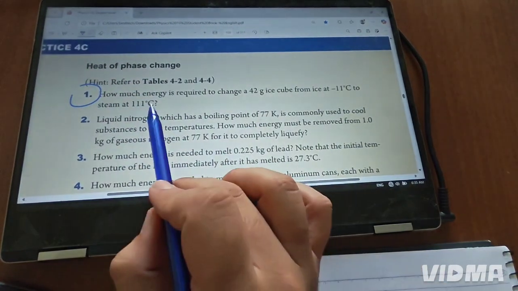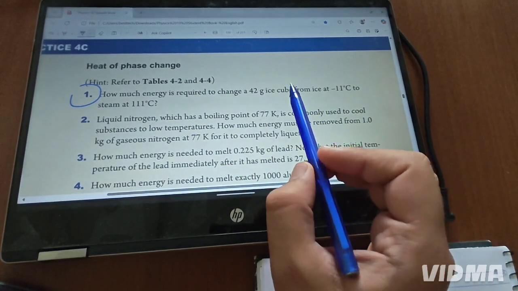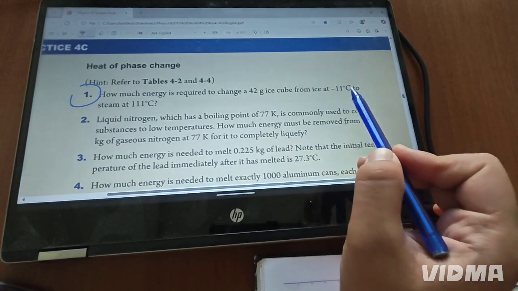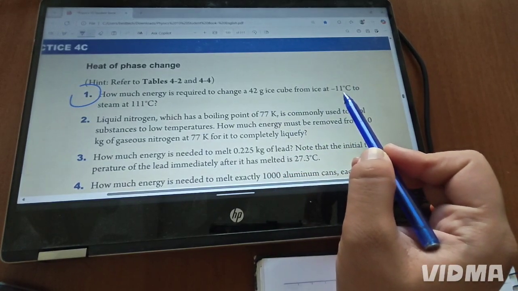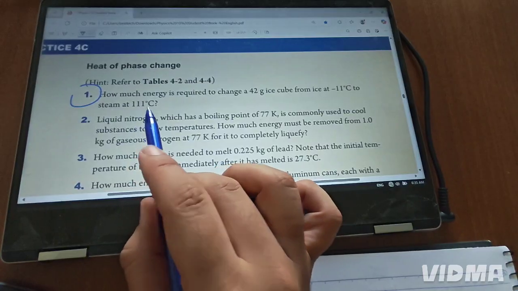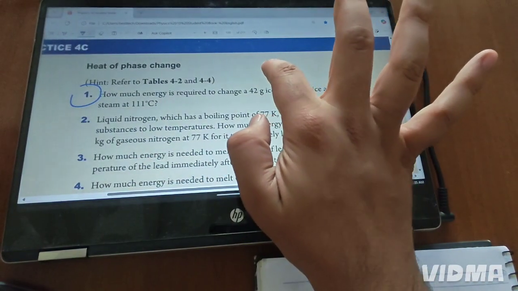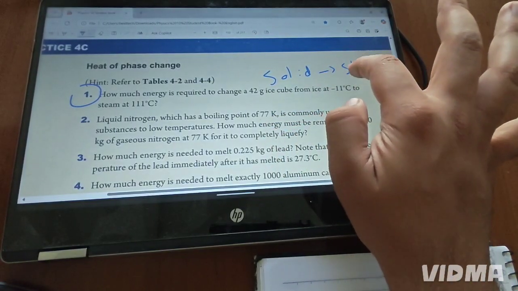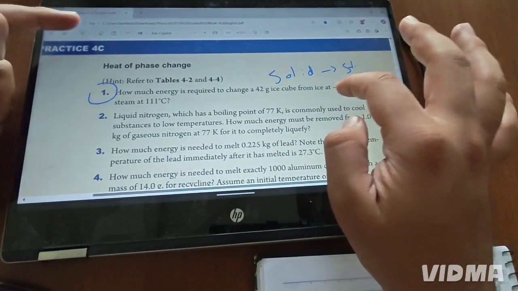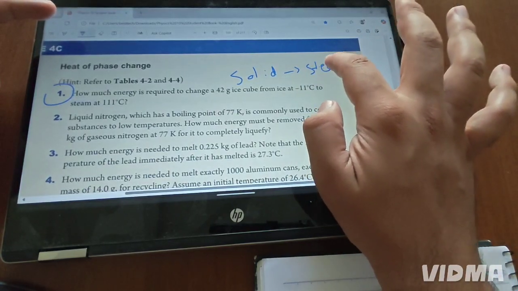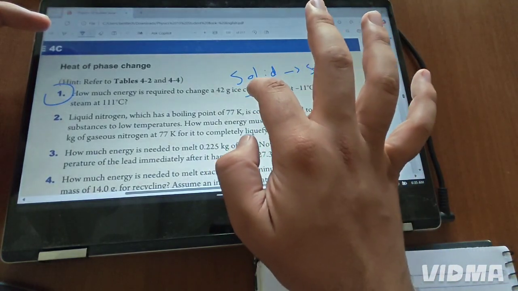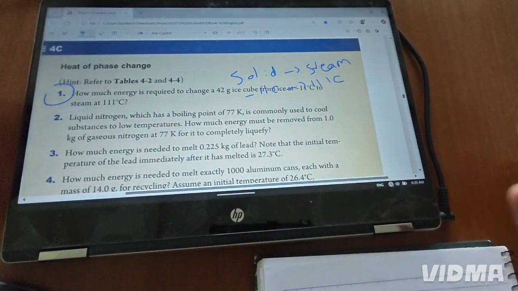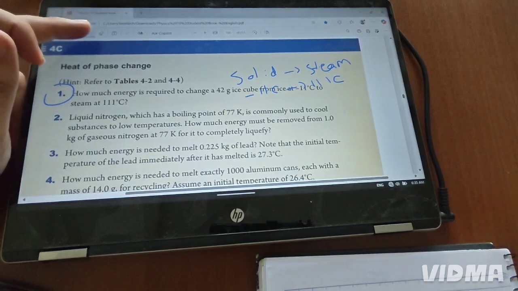Question 1: how much energy is required to change from which state of matter, from which phase, from ice at negative 11 Celsius, which is the solid state, from ice to what? To 111 Celsius. So here we have to convert from solid to steam, from negative 11 Celsius to 111 Celsius. It takes a lot of steps actually, but still I'm going to do it for you. It's okay. Look,